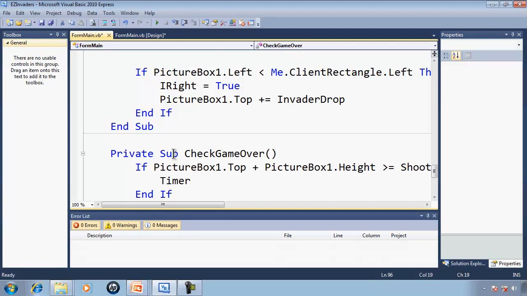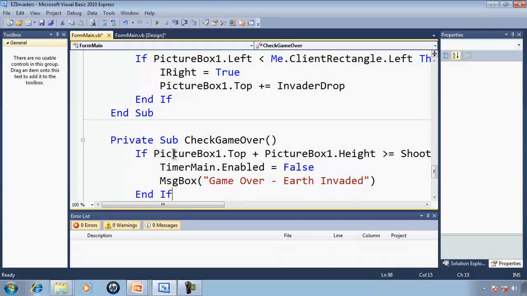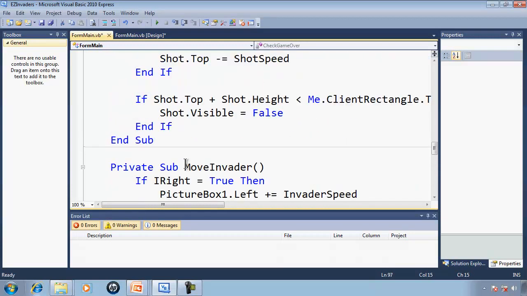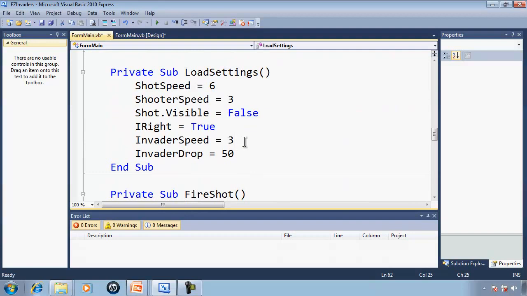So timer main dot enabled equal false, and put a message box, game over, Earth invaded. Have an end if there, and for testing purposes what I'm going to do is I'm going to change the